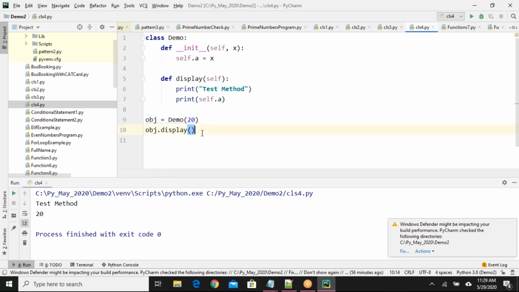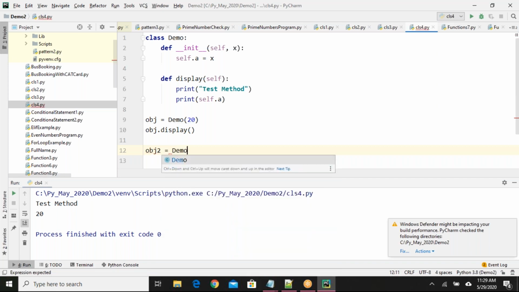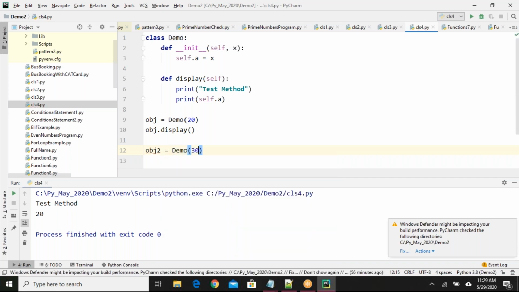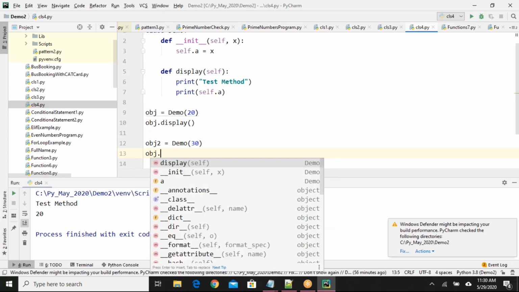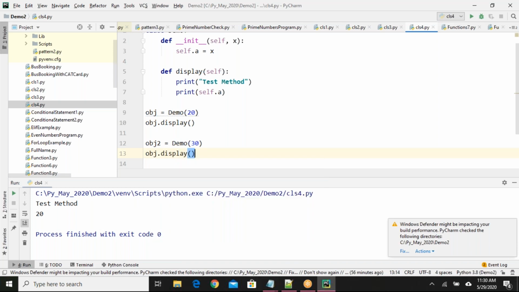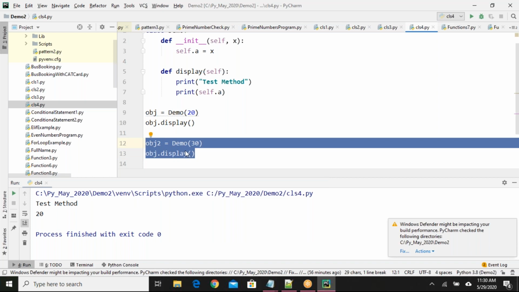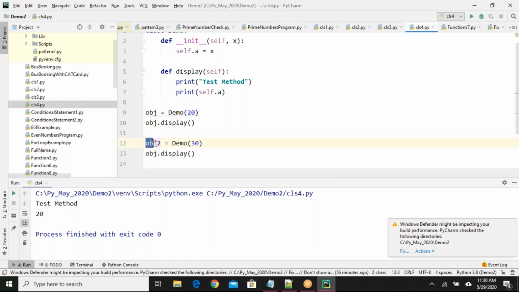I'll create another object, object 2, equals demo 30, and object dot display. What happens now? When lines 12 and 13 are executed, for object 2 the value of a is 30.